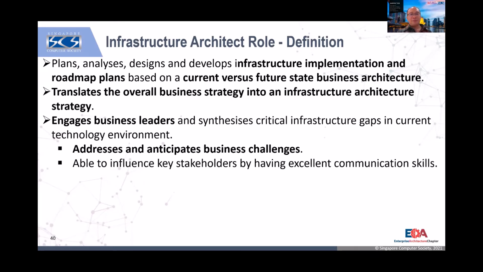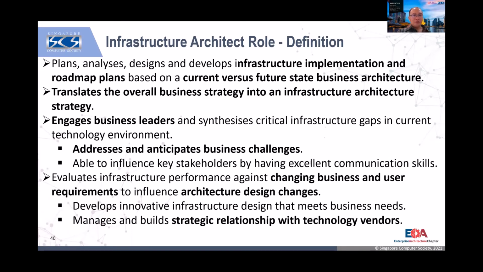So we anticipate business challenges, because I think infrastructure today is playing a critical role, right? If the system is getting slower, they know who they call, right? The infrastructure guy. So the architect needs to know the business anticipation in terms of the load, the throughput and expectation, etc. Of course, we need to evaluate infrastructure performance against changing business and user requirements. So all the architects work closely with the business. Remember the slide earlier, that you are assigned to multiple lines of business, so architects are working there, working with the various business units.